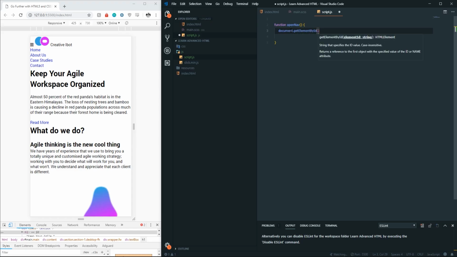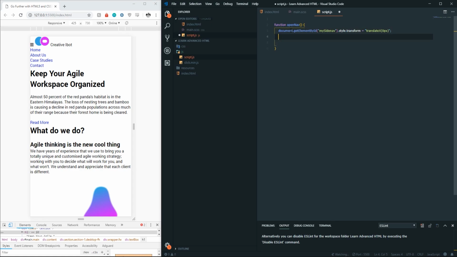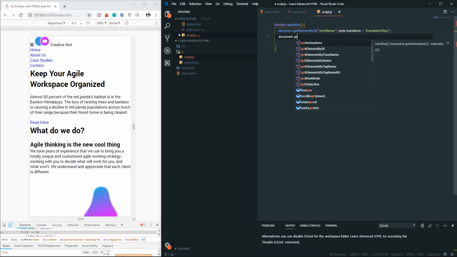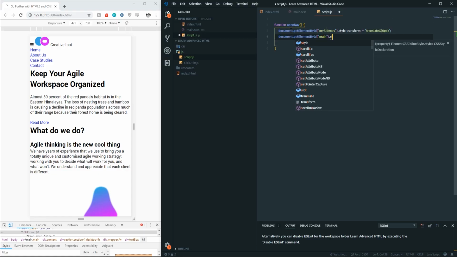It's gonna target our mySideNav, and it's gonna style it with transform, with translateX round brackets 0 pixels, and document.getElementById. This is gonna target the main, our content, the marginLeft